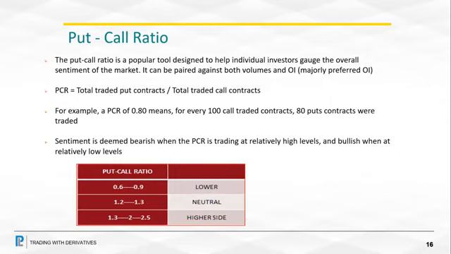And just to let you know one thing, PCR is usually beneficial if we do it strike wise. I'll start explaining that also. So this is a brief idea about PCR. Many people must have heard Nifty PCR 1, Nifty PCR 1.2, Nifty PCR dropping to 0.7. So these are the levels. Whenever PCR is between 0.6 to 0.9, we see it's on the lower side. 1.2 to 1.3, it's quite neutral. 1.3 and above, it is on the higher side. What this lower, neutral and higher side means, we will cover in coming slides.